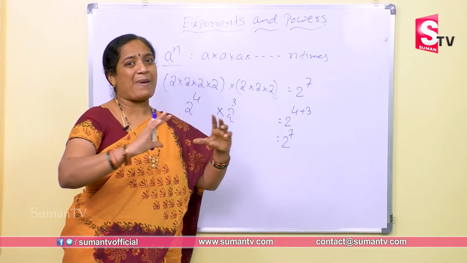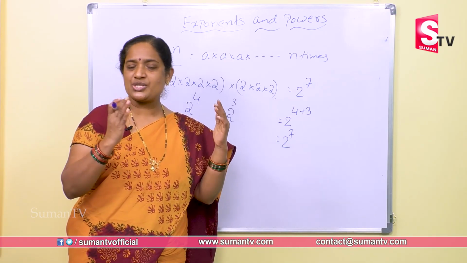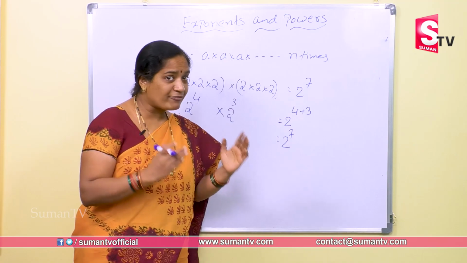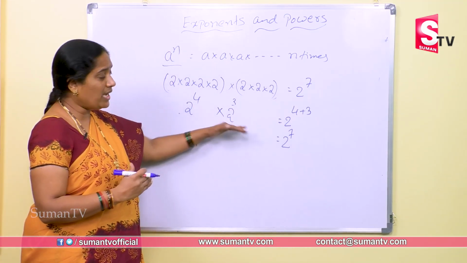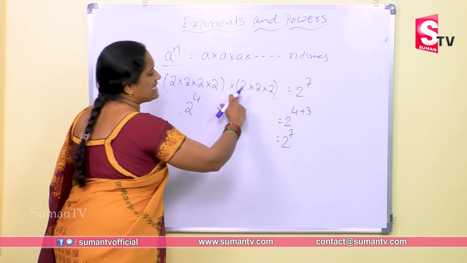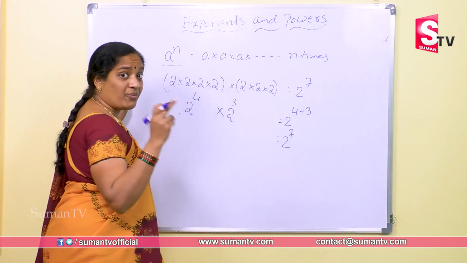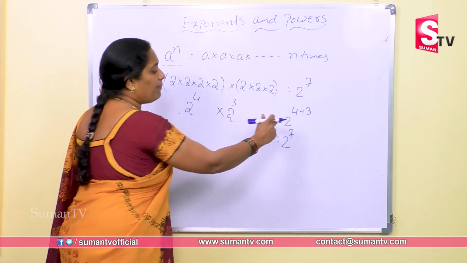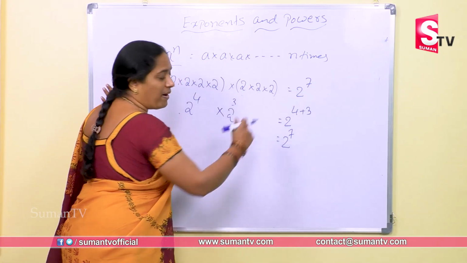Now, for any problem, writing the expanded form of everything and writing in the short form consumes a lot of time. So, to save time, we have to use the formulas. You can see here, when 2 is multiplied 7 times, you write 2 to the power of 7, whereas 2 to the power of 4 into 2 to the power of 3, simply we can add the powers, 2 power 4 plus 3, right? Nothing but 2 to the power of 7.